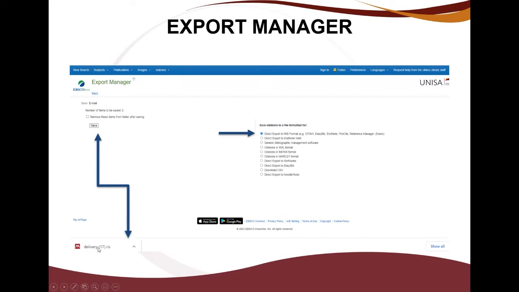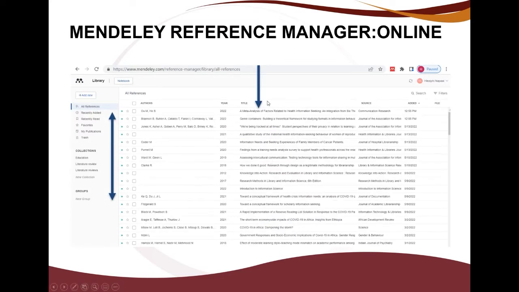But when you double click here, if you are already logged on to your Mendeley account, it will appear here. So these two items are here now because I'm already logged in. So they are in my library. This is my online library. If I were to go now and log on to my desktop, I will see the two items sent also on my desktop